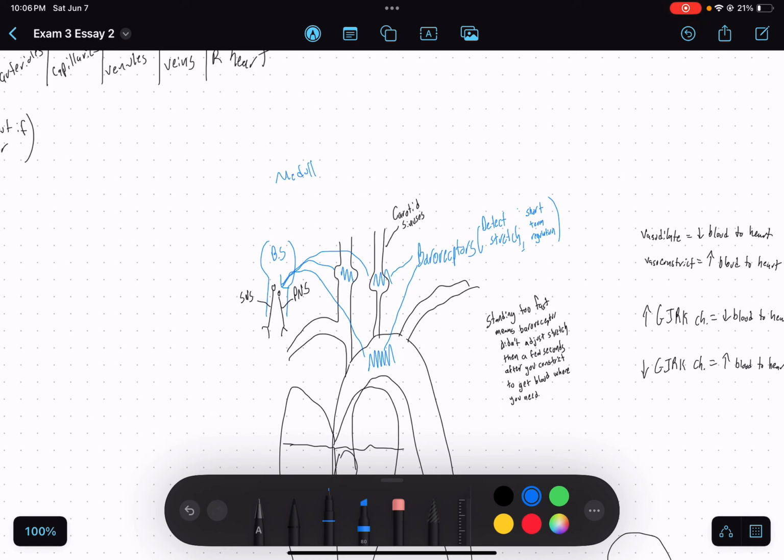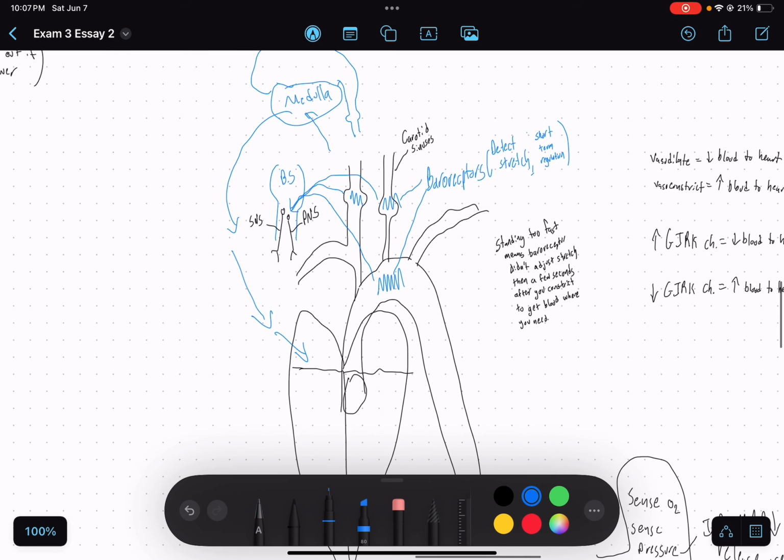And the control center up here with the medulla, which is right next to the brain, which is a part of the brain, it's going to receive signals and send signals back to the heart, telling it to not pump blood through as hard by either